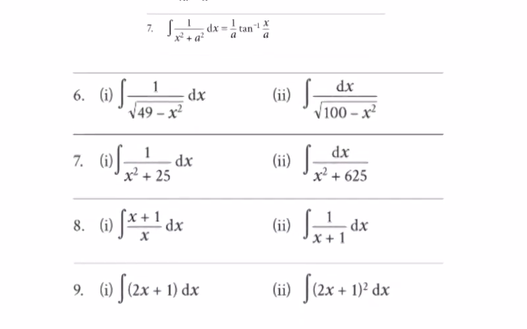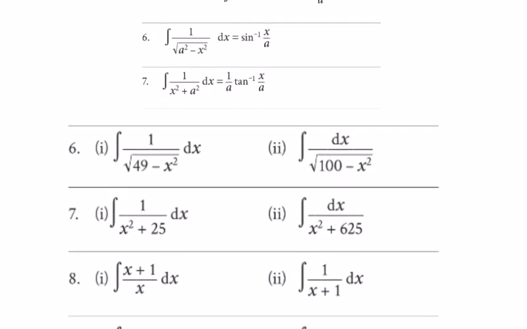So we have number 6, 1 over the square root, which is number 6 here again. So you can see 1 over the square root of a squared, so 7 squared, just write it in to remind yourself, is going to become the inverse sine of x over a, which is x over 7 plus c. The x, again, this is the same as 1 over, it's just the 1 is missing. So we have 10 squared. So it's going to give us the inverse sine of x over 10